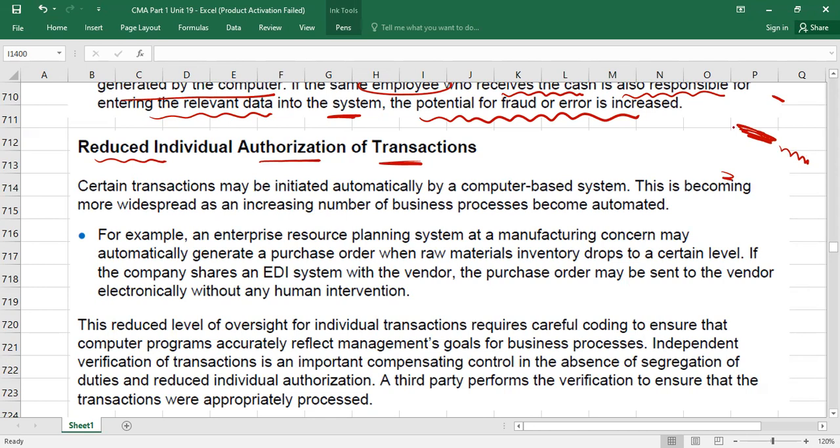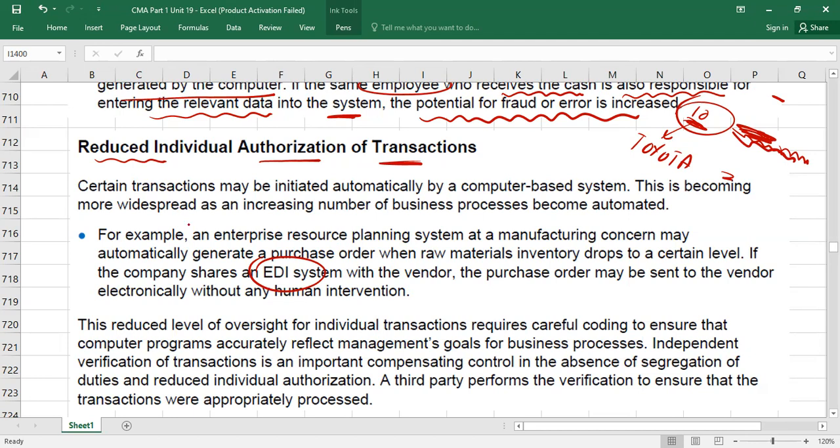If, for example, Alphathame has given the command to the system that if cars reach 10, the system will automatically place the order with the Toyota company, right or wrong? So without your authorization. Your system is linked through the EDI system. EDI means electronic data interchange. So your system is linked with Toyota, right or wrong? Now once your inventory reaches 10 cars, the system will automatically place the order with the Toyota company for a certain quantity of cars, right?